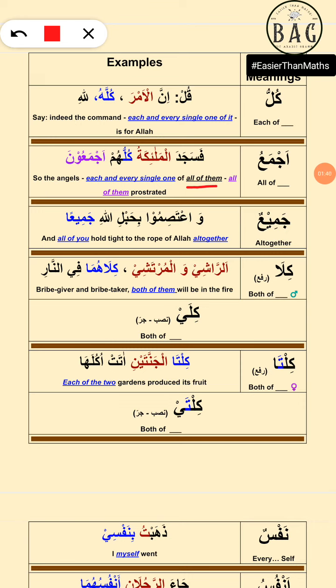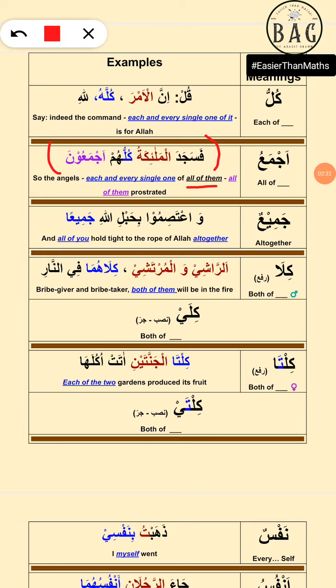Okay, so it could have been said in a regular way, but the fact that the Quran Pak is the marvel of linguistic excellence, of course it has its own way of saying it. Every literature does, and the Quran Pak is the most excellent of all those literary and linguistic marvels. So the fact that a very simple sentence has been given such a great stress is enough to throttle us as well. When the angels, each and every single one of all of them, were instructed to prostrate before Prophet Adam alayhi salam,